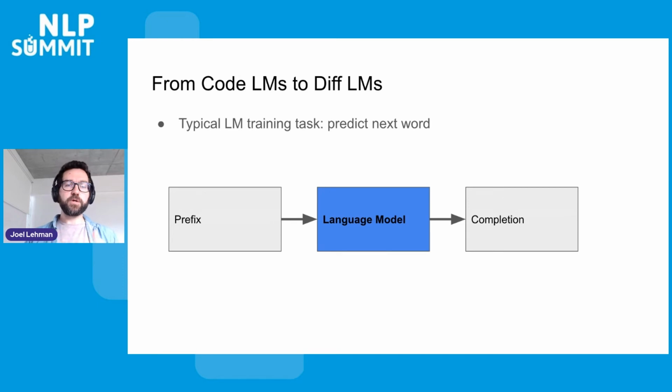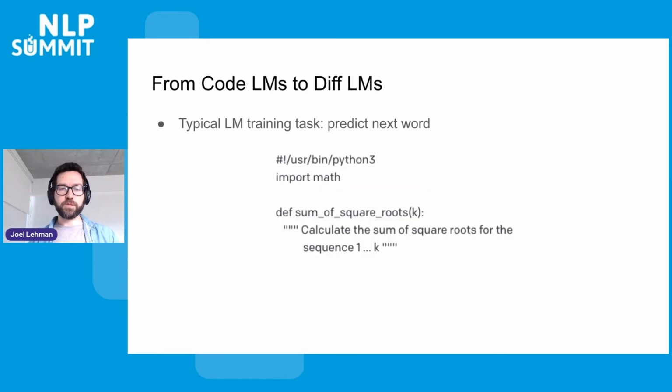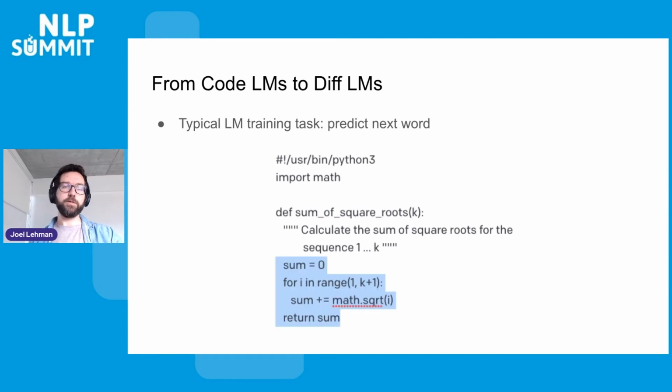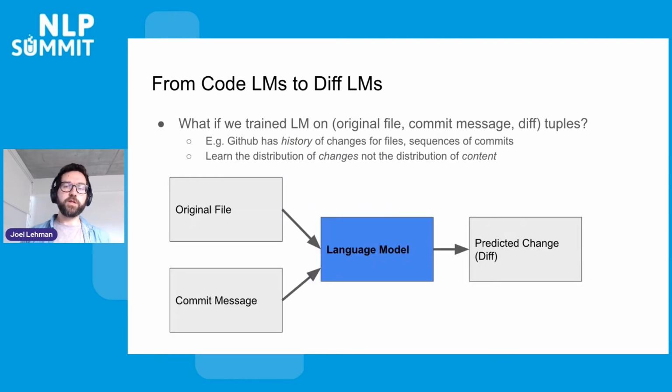And this is kind of the typical code generation language model approach. Now, once again, you take the sum of square roots, you fill it out. But now if we want to think about what a diff language model would look like, if we actually trained a language model on